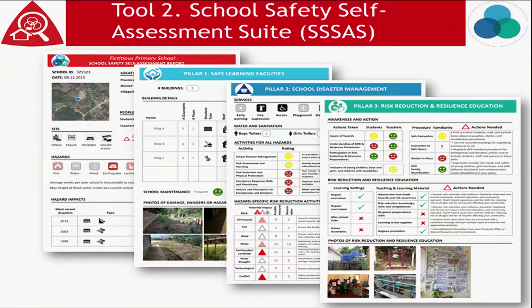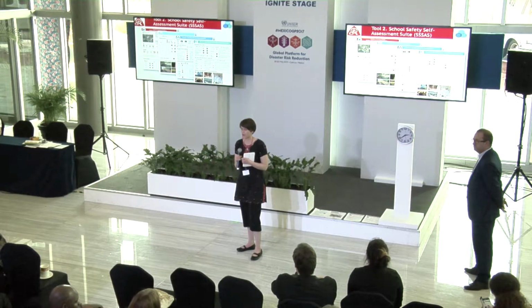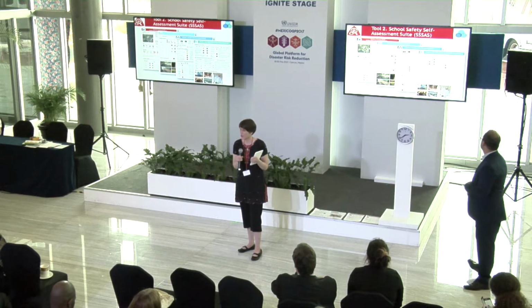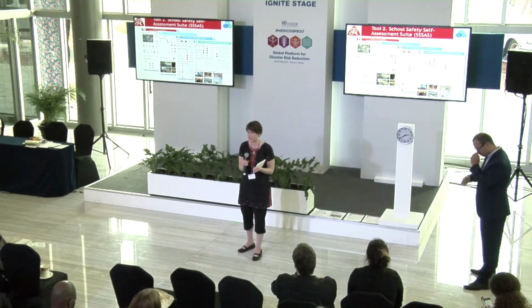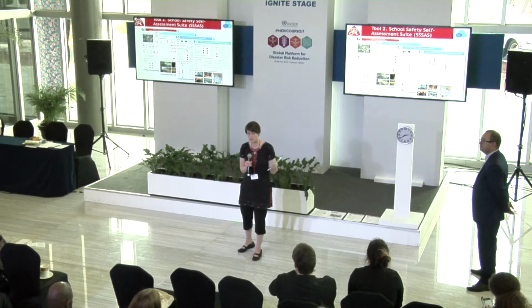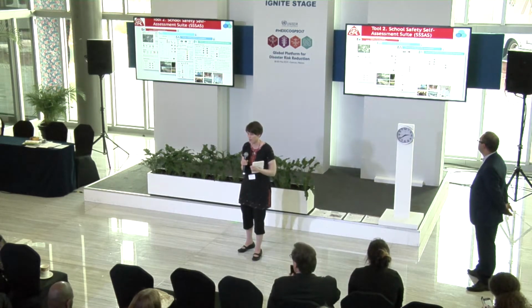Now, what's really wonderful about this tool is these reports do two things. Firstly, they go back to the schools and they say, hey, look, here's what you reported, but more than just saying, here's what you reported, it gives them cues as to what to do next. If, for instance, they report, we have no students with disabilities in our school, the portal flags that, and in their report it says, we see that you have no students with disabilities. That's kind of unbelievable. You need to do some outreach because there are probably students with disabilities in your community that need to be brought into school.